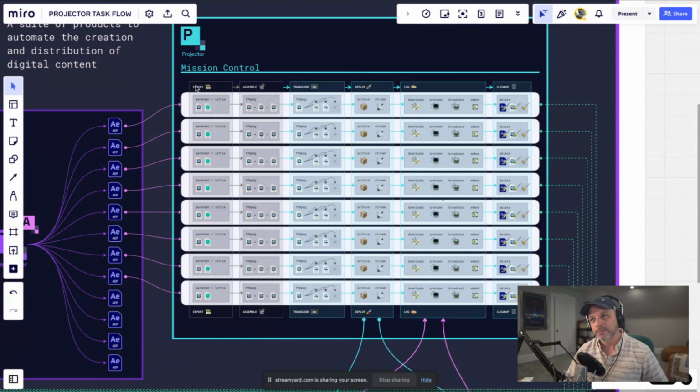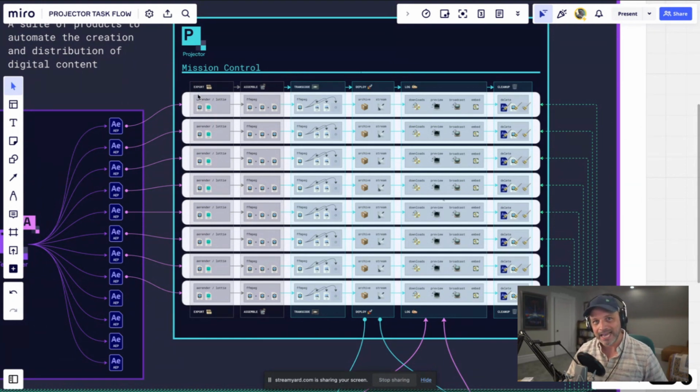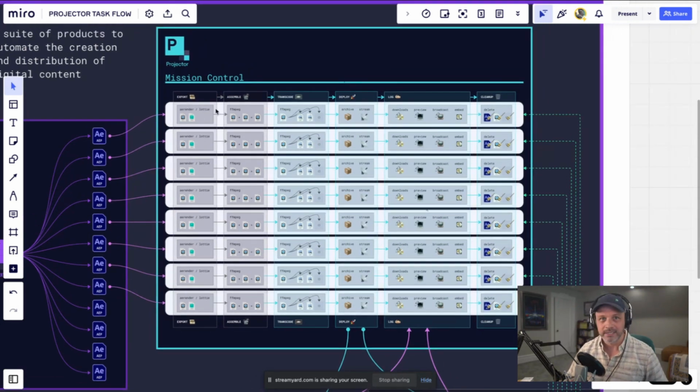So a mission is basically when it takes the asset from After Effects' output via Templator, and it does things like exports, assembles, transcodes, deploys, logs all that metadata after it deploys, and then does a cleanup step, and then all the original job data source gets modified with all that log information so that you can then integrate with another app.